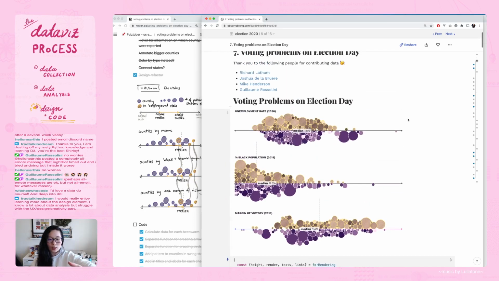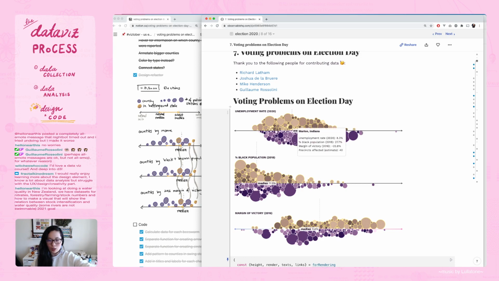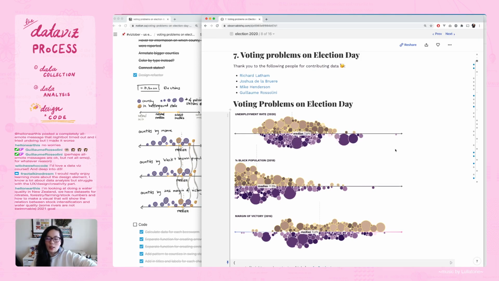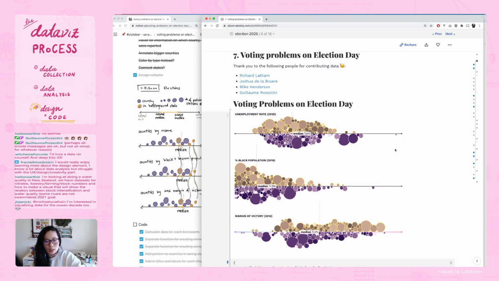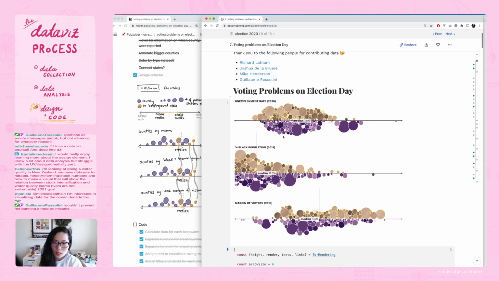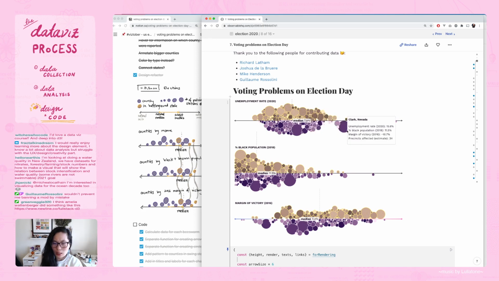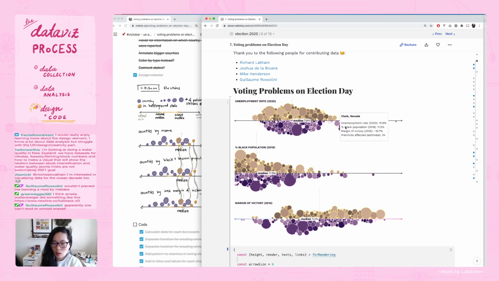Okay. So to bring all of these dots up above the line, originally I had pulled it down below the line to see if I like it visually, if it helps distinguish the battleground states versus non-battleground states visually. And I think it's kind of helpful. For example, you can see that apparently there were some more problems in some of these non-battleground states on voting day, but I don't think it adds much to what we're trying to figure out,